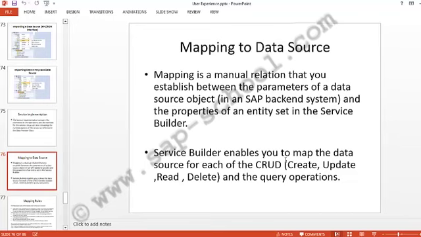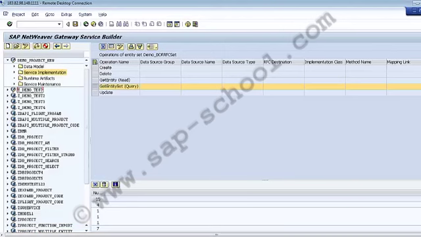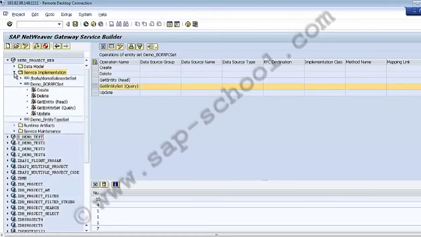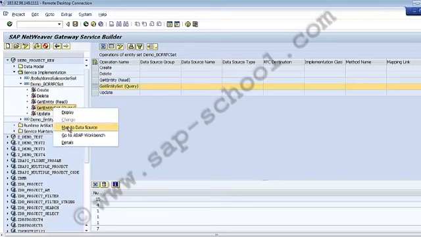So to map this, we can go to the service builder, we can expand this service implementation, and then we can select the entity set we want to map to the data source. So let's select this demo BOR RFC set. So we already have these operations which are there. So let's say if I select this get entity set query. So if I right click it and if I go to this map to data source,